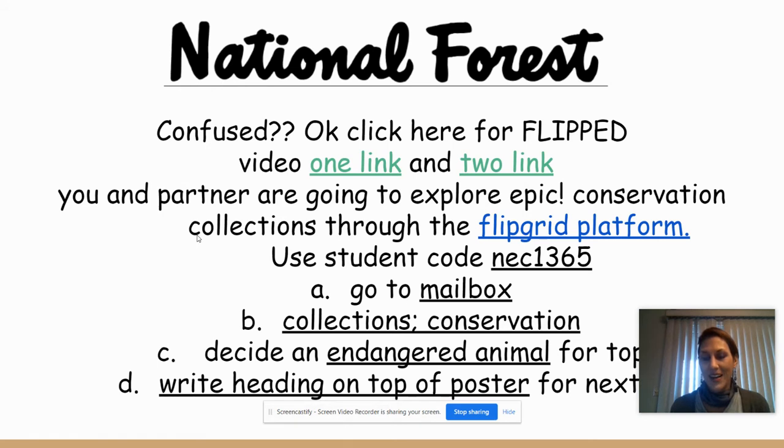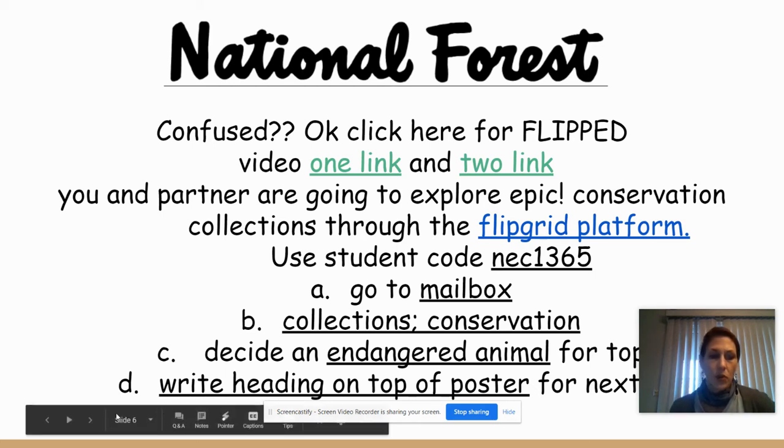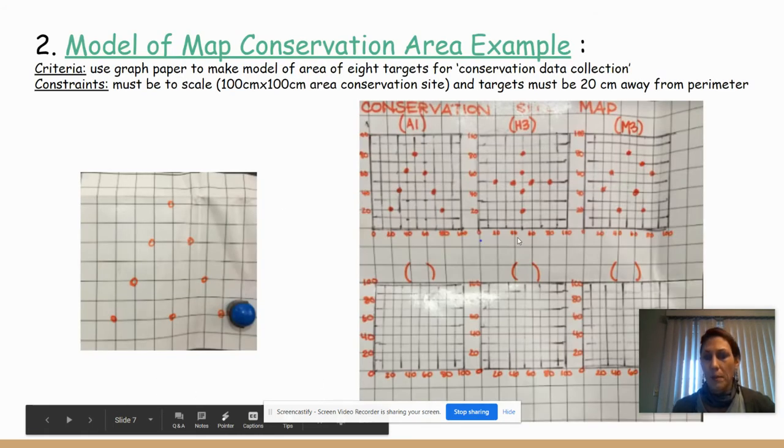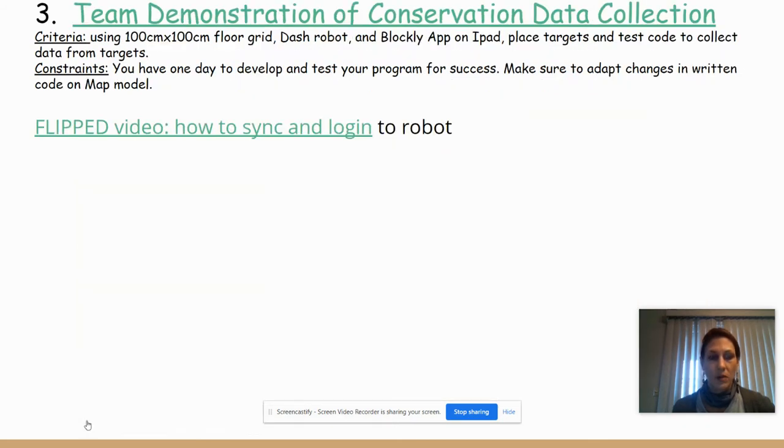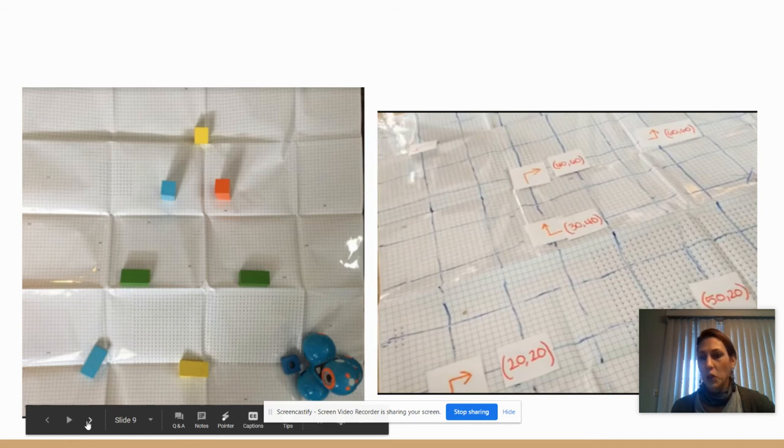Because of this year, and sometimes we're in person, it looks like we're going to be switching to level 3. So I have created a flipped learning where I have pre-recorded videos that will walk students through exactly what step-by-step it should look like through our research phase and through developing our map model to scale. And I also have the actual process examples of students utilizing our Dash robots to ultimately run a program to harvest.